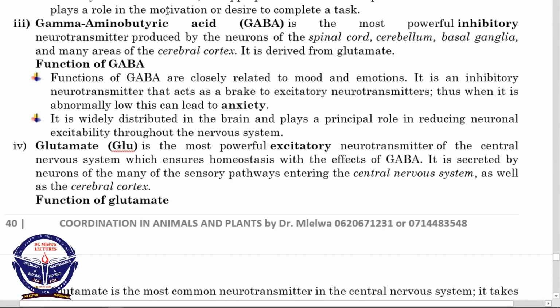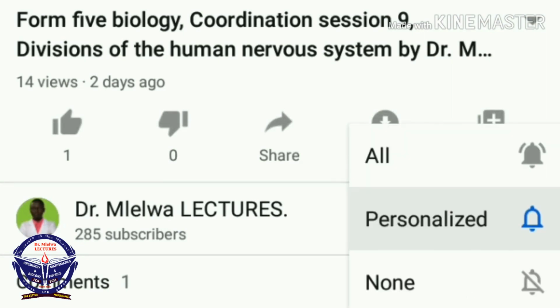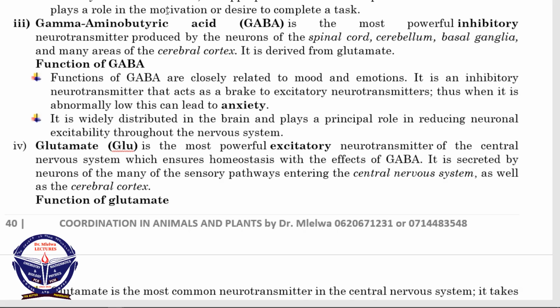Kwa maana hata mtu ukipewa kwa mfano zawadi, unakuta tu kwamba sasa ngoja, kwa sababu nimepewa zawadi, ngoja nifanye sana kazi, nisome sana. That is because of the release of the dopamine. So dopamine actually is very important, and dopamine can stimulate you to have the desire to complete the task, kwamba lazima nimalize. And then we have the